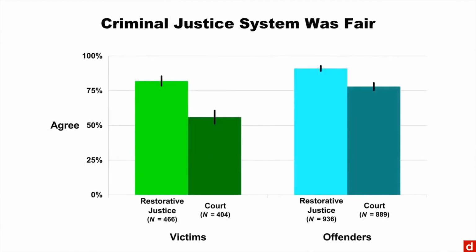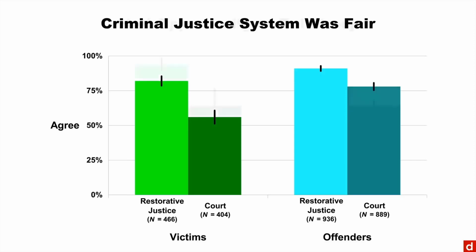This is judgments about whether the criminal justice system was fair. The 2 bars on the left are victims. The 2 bars on the right are offenders. And for each group, on the left are people who participated in restorative justice or victim offender mediation or mediation for crimes. And for each set on the right are people who went through standard criminal procedures. It says court, but it usually means plea bargaining. Anyhow, it's really easy to see that in both cases, restorative justice bar is higher. People were more likely to say it was fair.